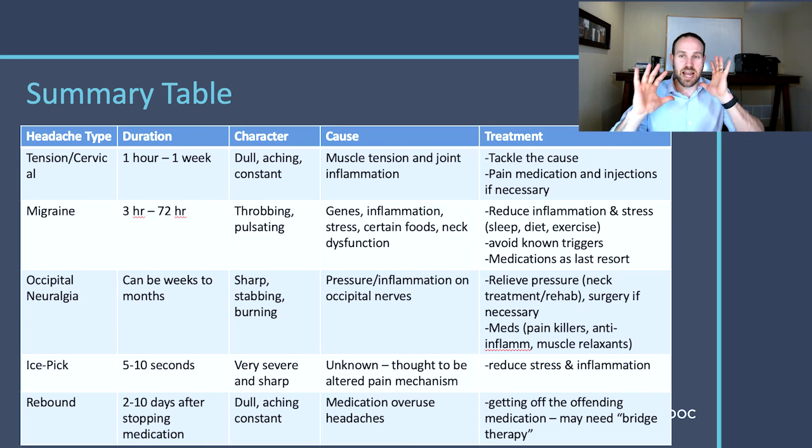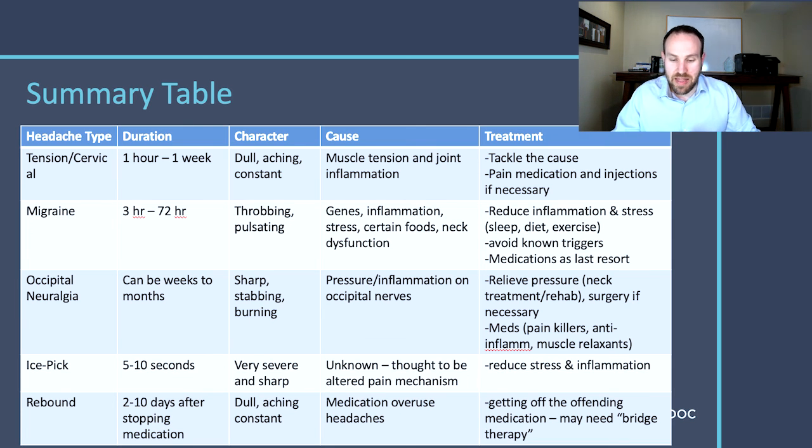Fix your neck. Your neck seems to be the root cause for a lot of these different headaches, whether it be migraine, tension, cervicogenic. A lot of this is coming from neck dysfunction, which may have been there prior to the injury, may have been a result of the injury, or a bit of a combination. You may have had some minor neck dysfunction and the injury brings it to the forefront. You may have never had neck problems in the past and all of a sudden now you're getting these constant headaches, neck related, because the concussion injury resulted in some neck dysfunction that has now kind of come to the forefront.